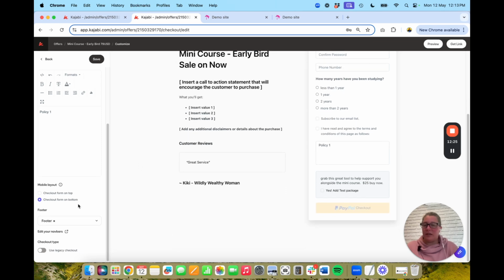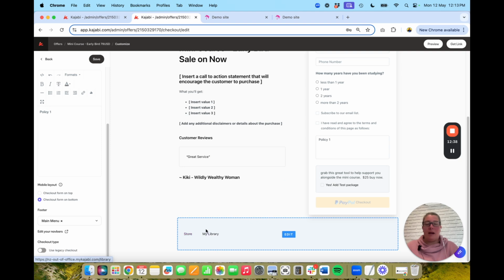Nothing, because I've got nothing in my footer menu. So usually it would show down here. There's nothing. So if we just select a different menu just to show you what it looks like here, so the store and my library, but this is where you can create menus over in the navigation function